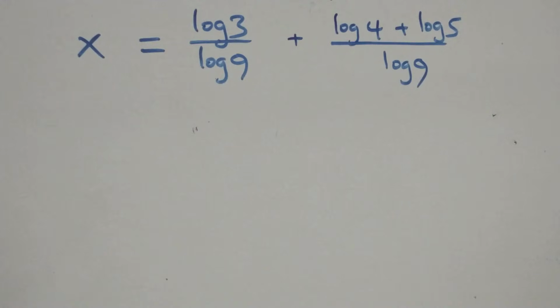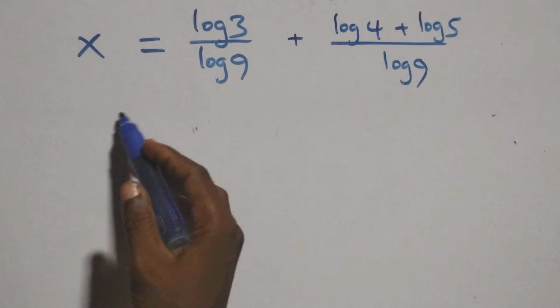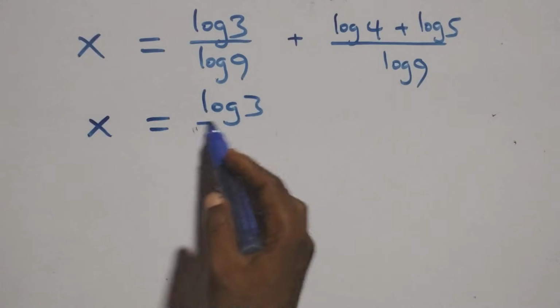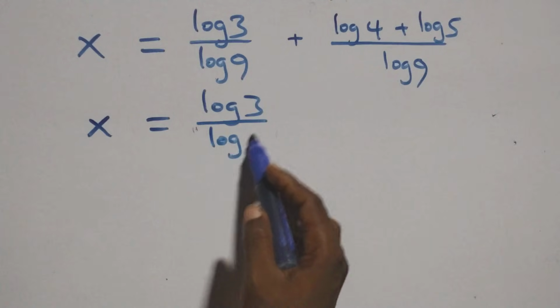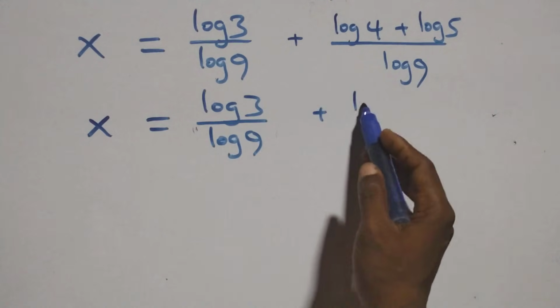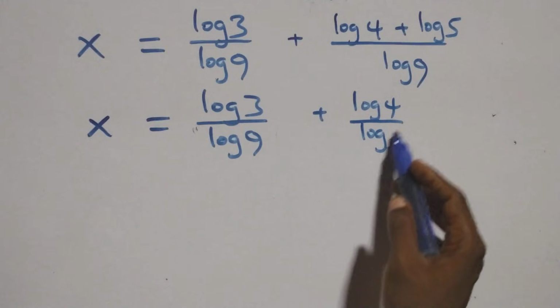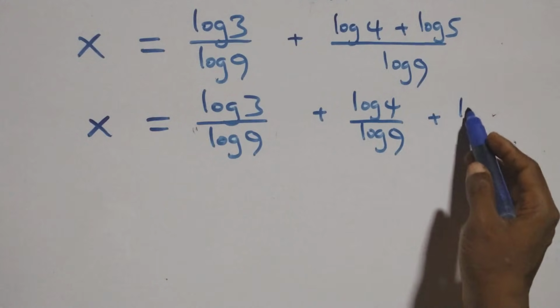Then next step here, we separate this into two fractions, and we have x equals to log 3 over log 9 plus log 4 over log 9 plus log 5